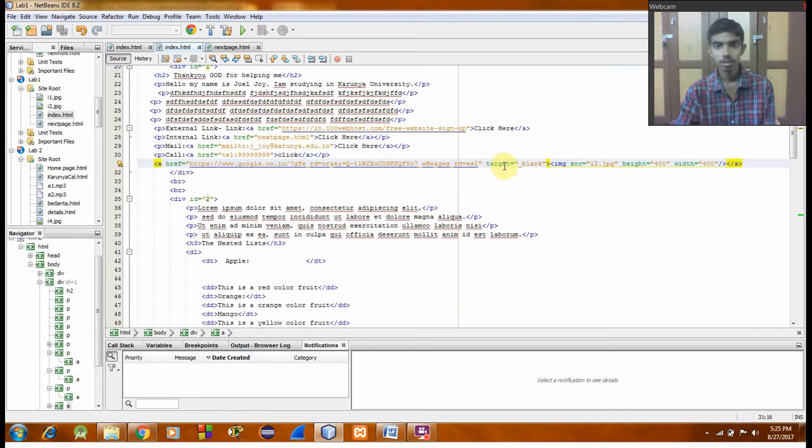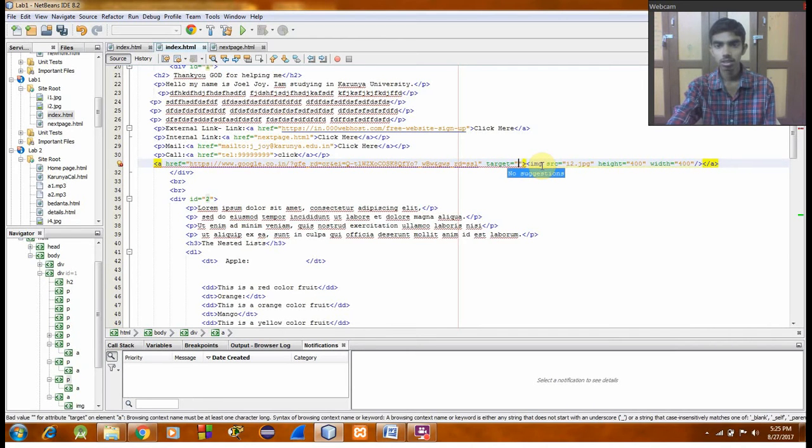This target attribute is to open it in a new page, that is, target equals underscore blank. If I give it, it opens in a new page. If I don't give this target attribute, it remains in that page. I can give other values also for this, like underscore self, etc.